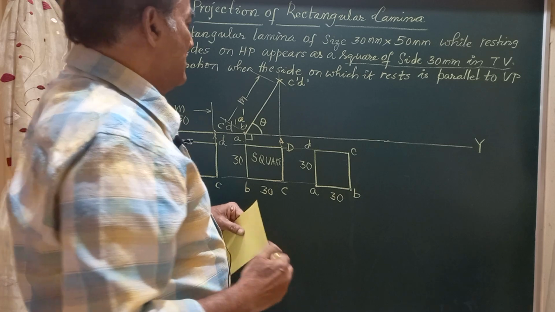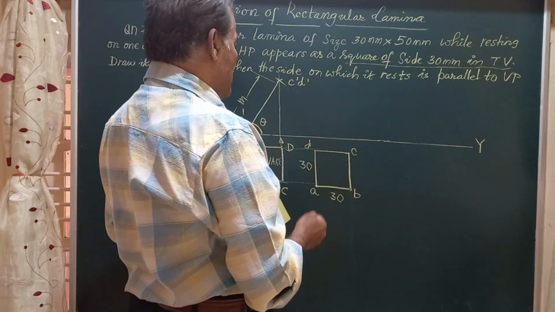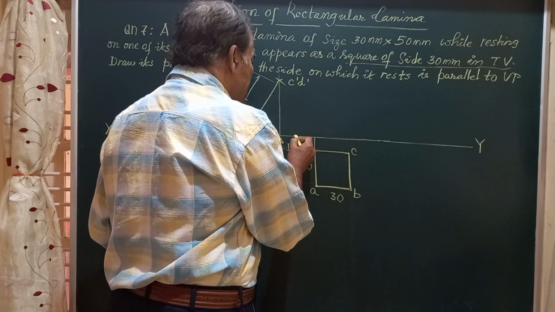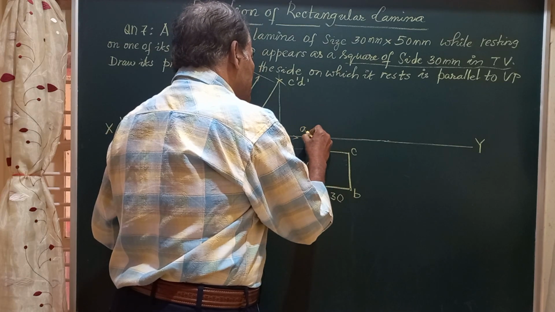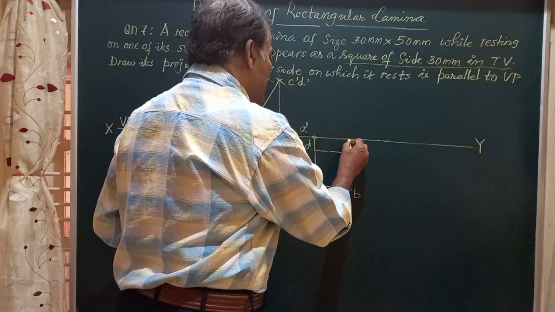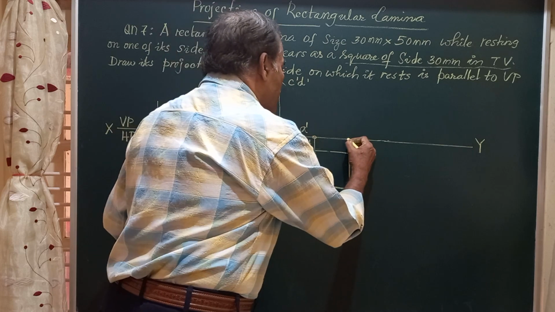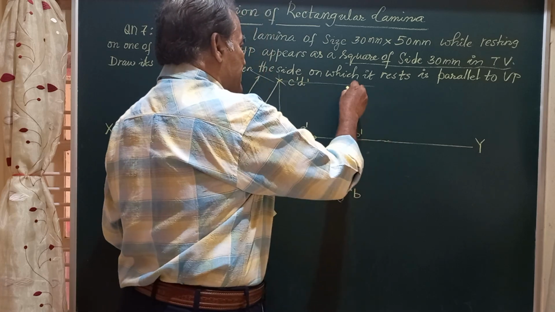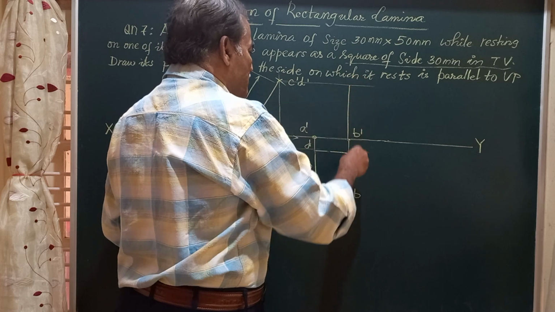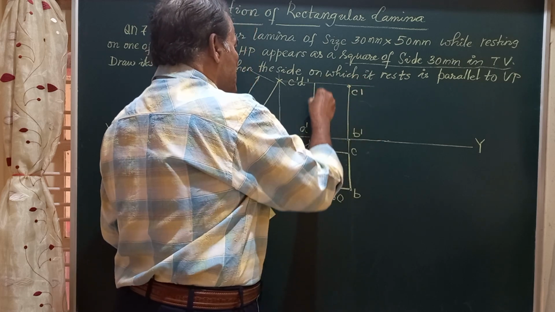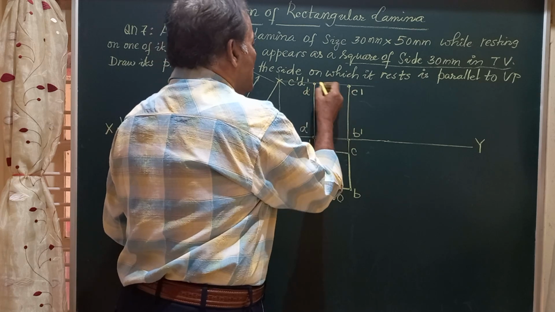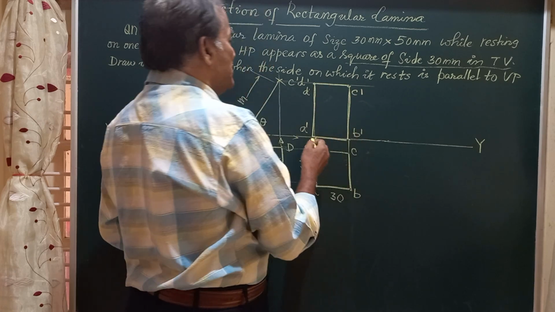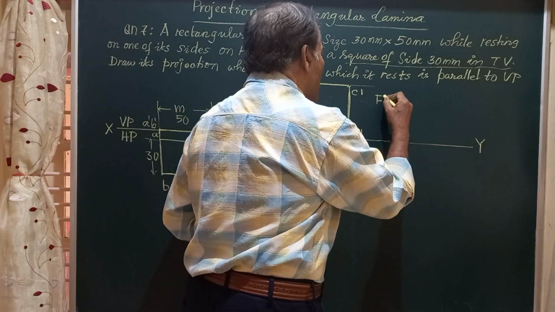Friends, let us obtain the front view corresponding to this top view. So let us go ahead as per the regular routine procedure. Vertical line from A, a horizontal line drawn from here, they meet at this point. I call this point A dash. Then vertical line from B, the horizontal line from B dash, the point of intersection will give you B dash. Similarly, you will get C and D on this projector. So this is going to be the point C dash, and this is going to be point D dash. Friends, join all these points by straight lines. So we have got A dash, B dash, C dash, D dash, the final front view of the lamina, and